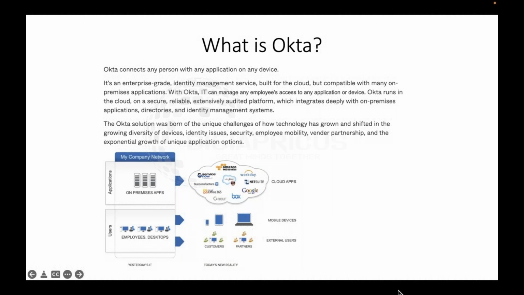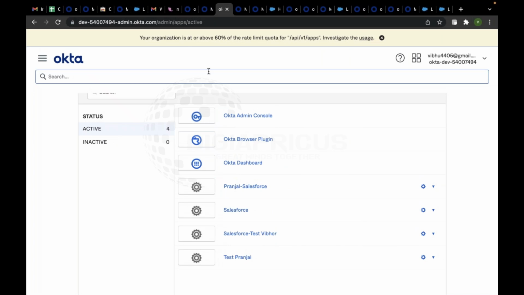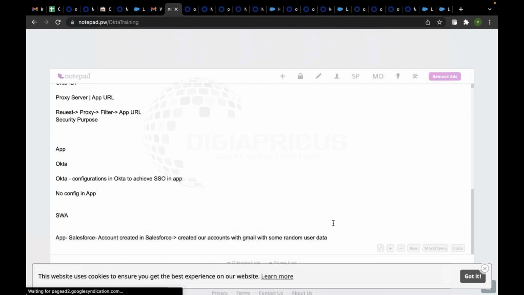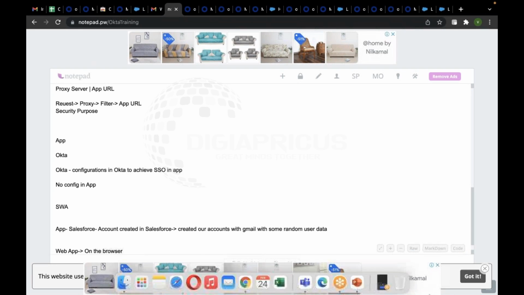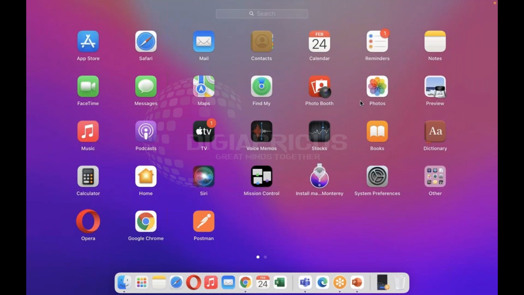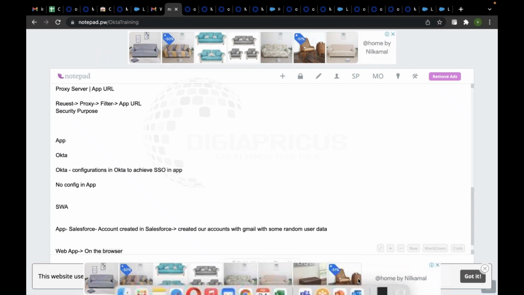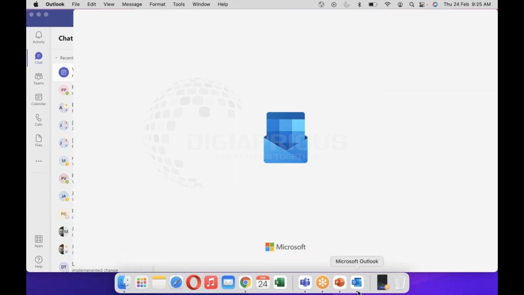Currently, whatever we are going to see will all be web applications. Now, if I want to define what a web application is, it is something which is on the browser itself. For example, your Outlook is available on the web as well as on your system. If I want to show you, this is my Outlook. This is a client installed application, like